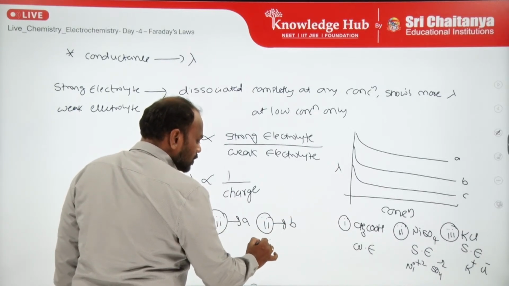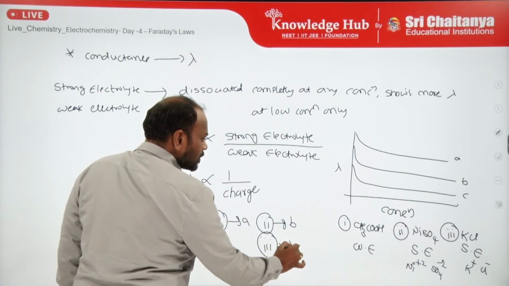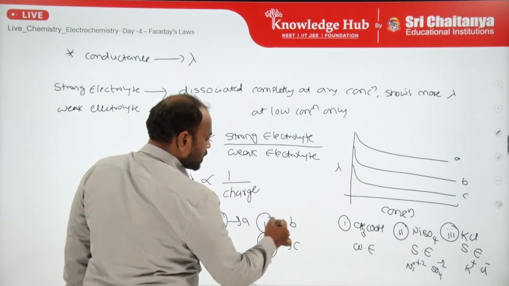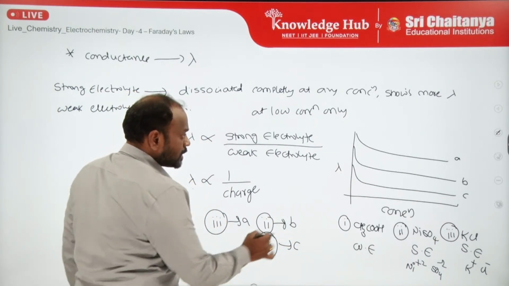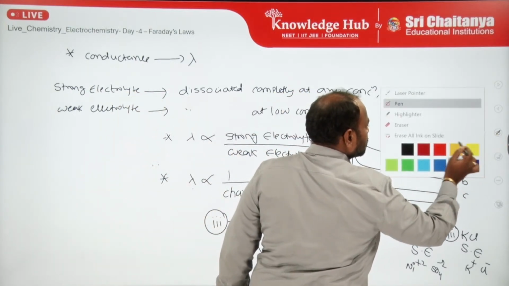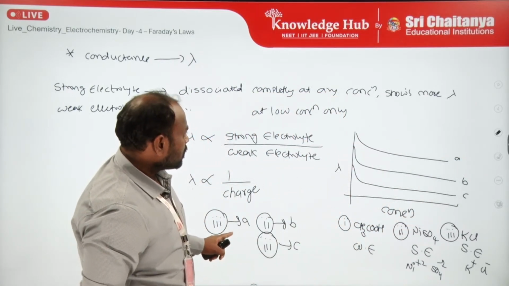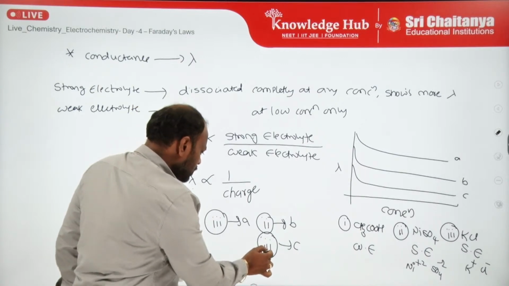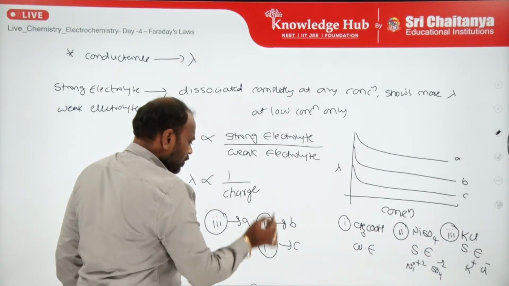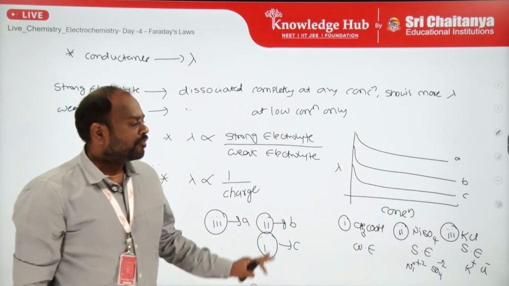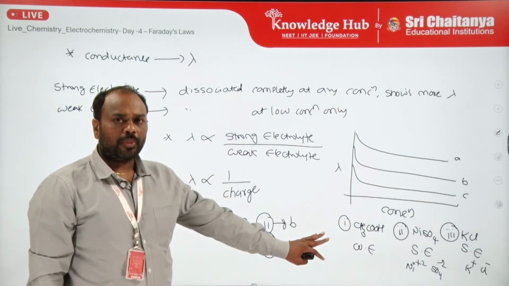Third one matches with, okay, A, B, C, okay. This is one, sorry. So in this way we get the clarity about this. Okay. Now